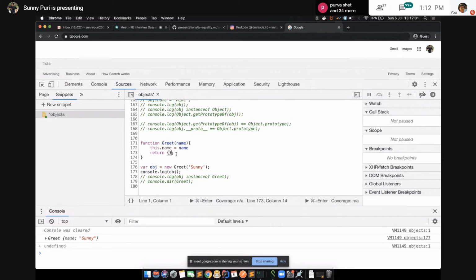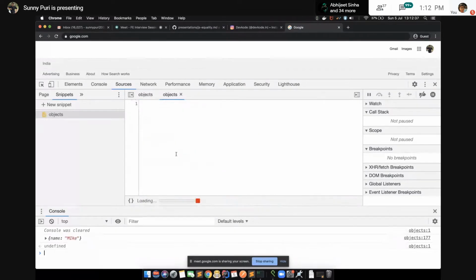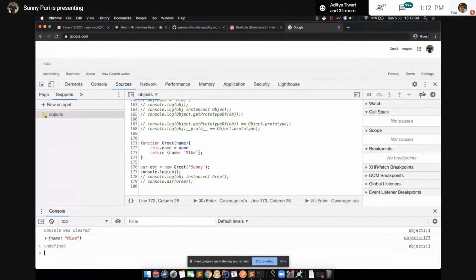It will ignore. But as soon as you return something non-primitive, it will override. I'm not sure how many of you are aware of this. How many of you are aware of this? So when we return some non-primitive, then only it will override.